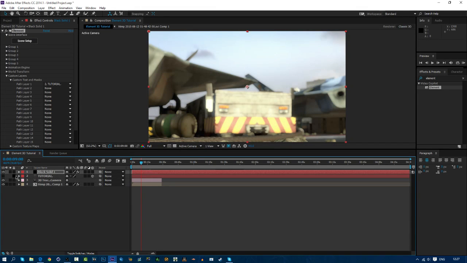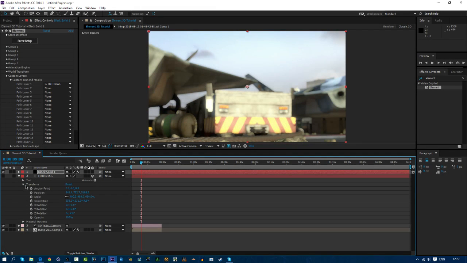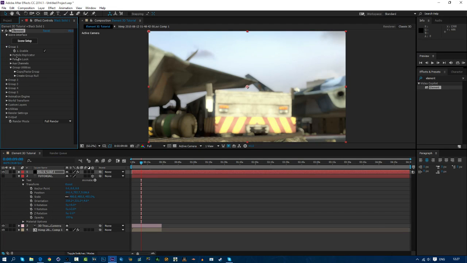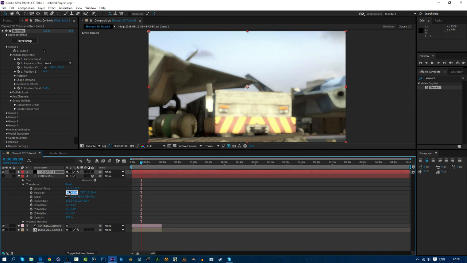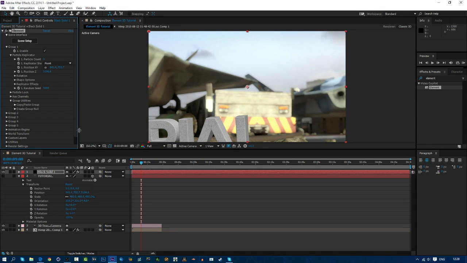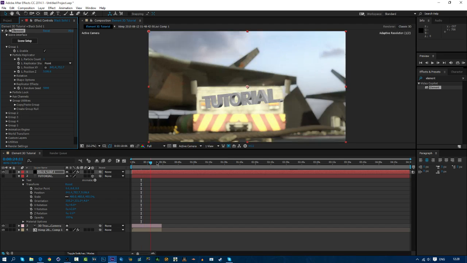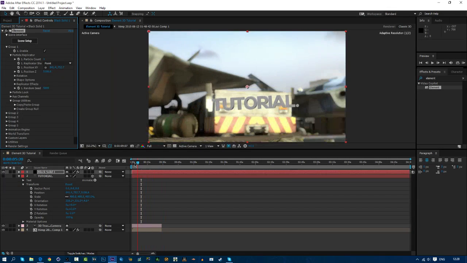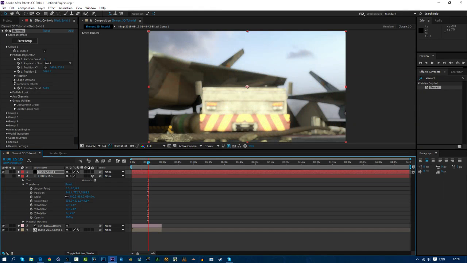So we're going to open up tutorial here, and you can get the position and stuff. Then if we go to group 1, open up particle replicator and just get the position from your tutorial text or from my tutorial text and copy it in. As you can see, it's perfectly tracked now. It just isn't angled correctly, so what we're going to do, we're going to go to rotation,